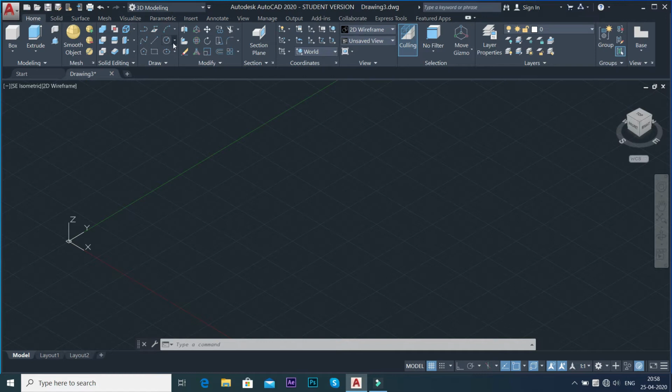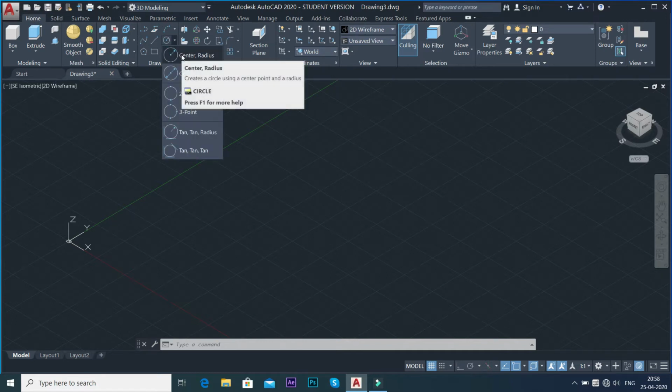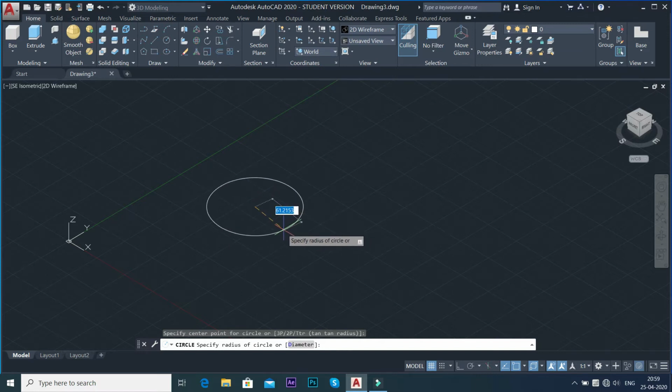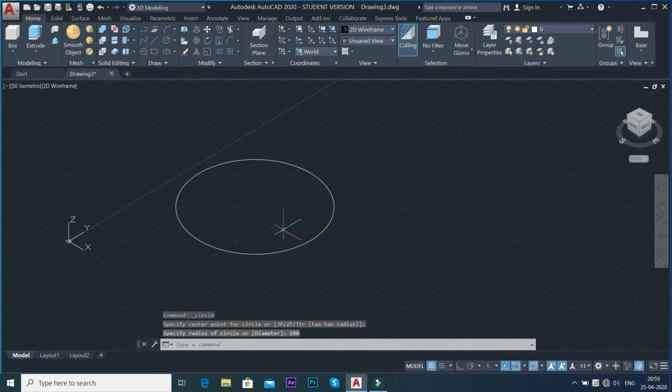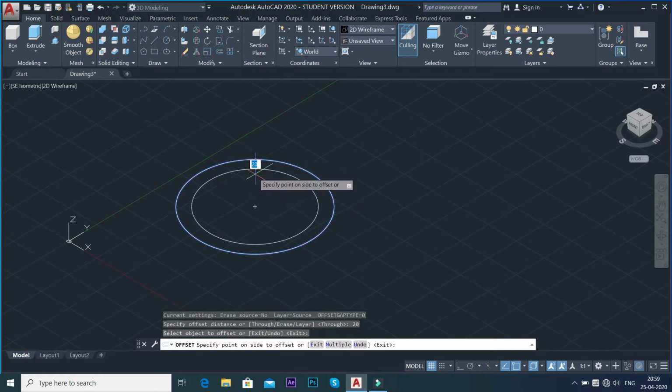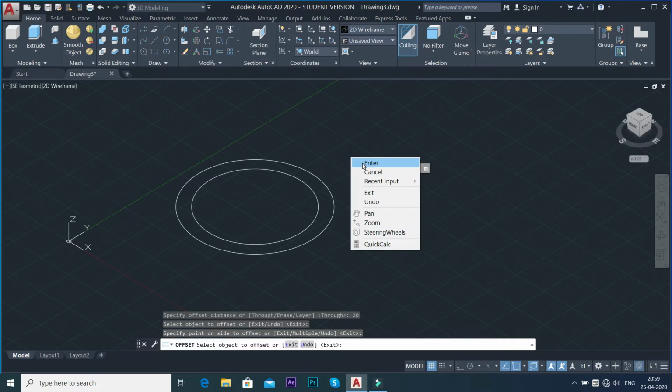So let us use this center radius option for circle, and suppose I am drawing a circle of radius 100. This is an arbitrary one, I'm just giving you an example. Then I will use the offset option, offset, enter. I will set the offset distance to, suppose, 20, enter, and select this circle and draw another circle which is concentric.